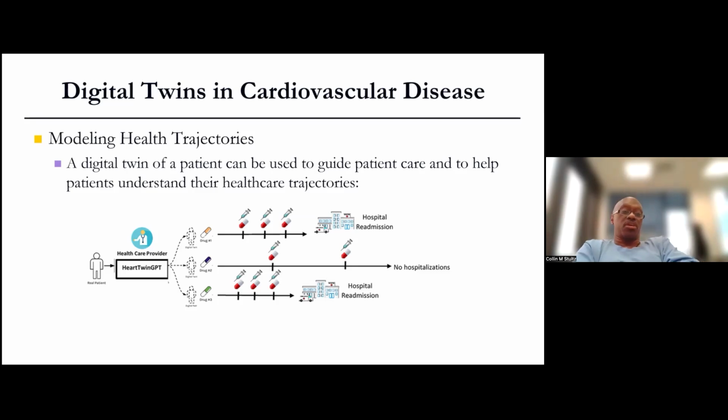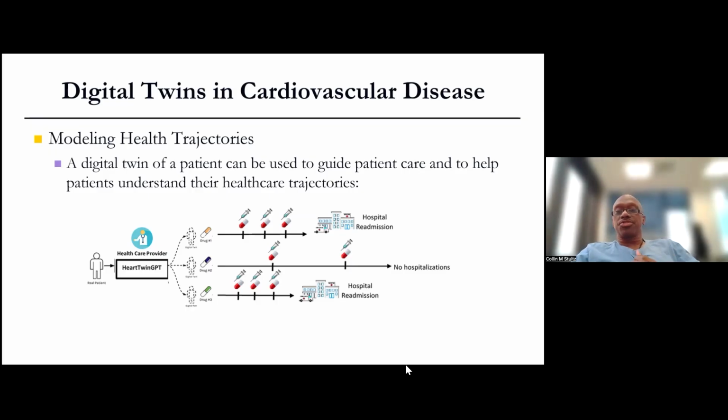Well, they could give drug number one to the patient, have them go home and try it, and then try drug number two or drug number three, and it's clearly an unethical enterprise. But what one would like to do is to replicate that patient's physiology in silico, and then try each of these different drugs, and then generate a trajectory conditioned on the fact that they had this drug, and see where the best outcome was. And that's really the holy grail of digital twin modeling.